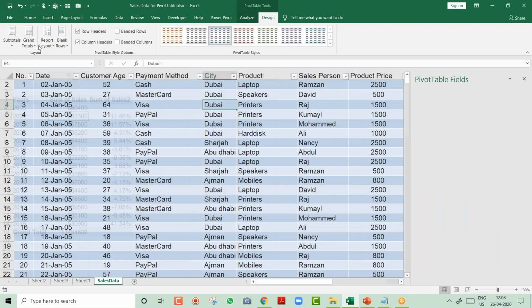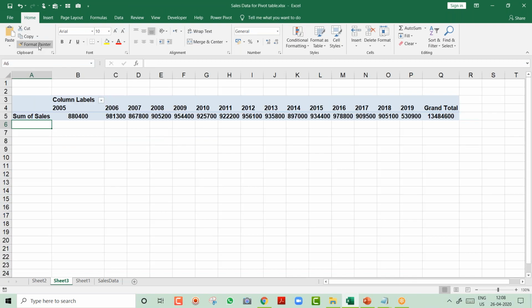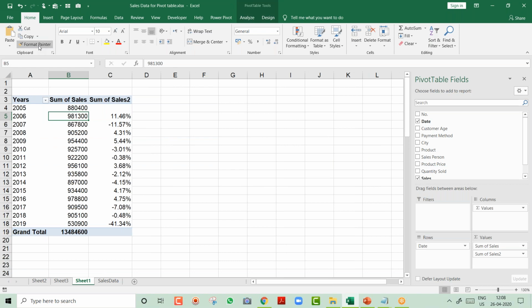Now you had this data. I created one report over here, one report over here, one report over here. Like this, you will create 10 sheets. Your management is not going to go to each sheet and see the report. Your management will say, Ramzan, can you show everything in one? So that is the concept of a dashboard. A dashboard is nothing but bringing all your data into one sheet so that management can see everything in one go on one screen.